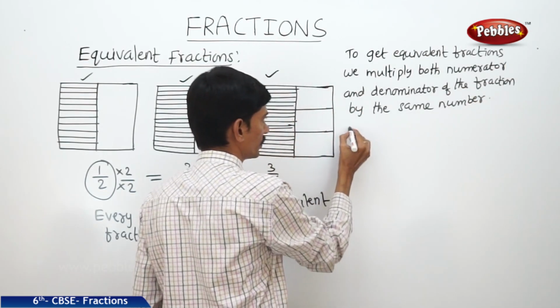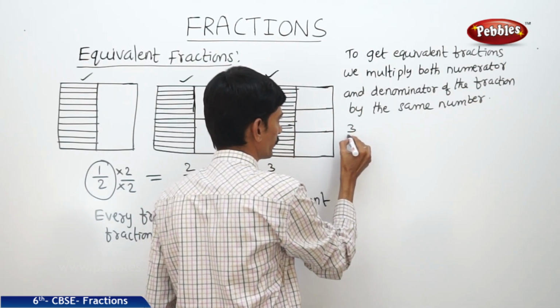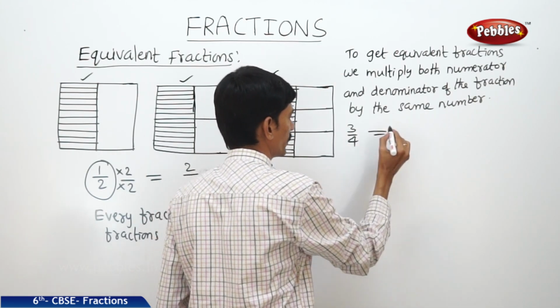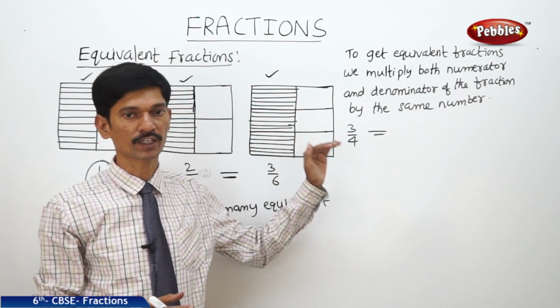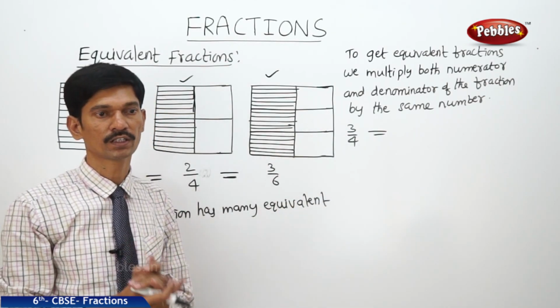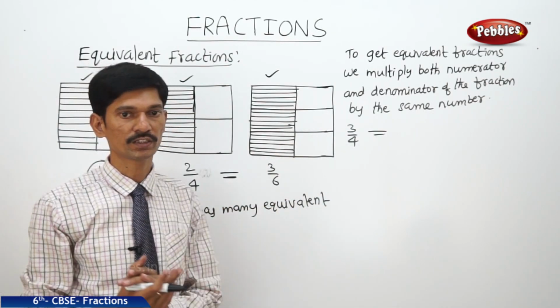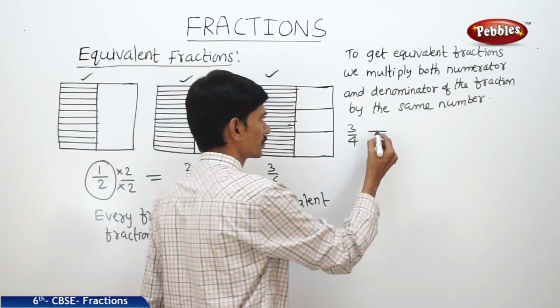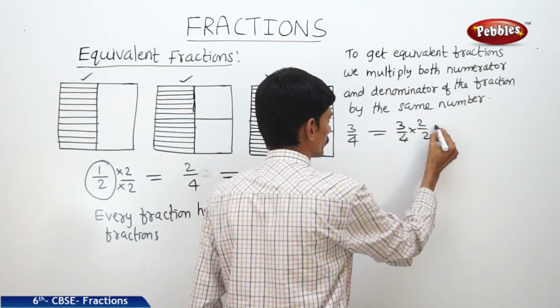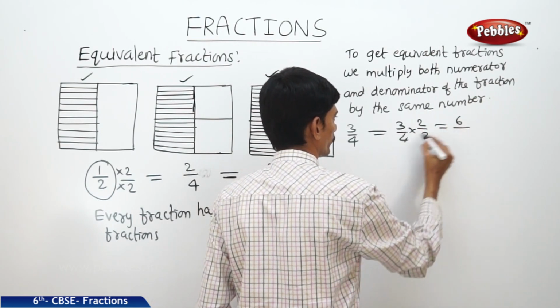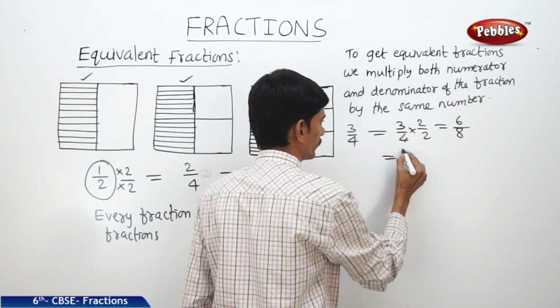Now if you take any fraction, say 3 by 4, when you multiply both the numerator and denominator of the given fraction 3 by 4 by the same number, then we will get its equivalent fractions. So 3 by 4 equals 3 by 4 into 2 by 2, so then we get 3 twos are 6, 4 twos are 8. So 3 by 4